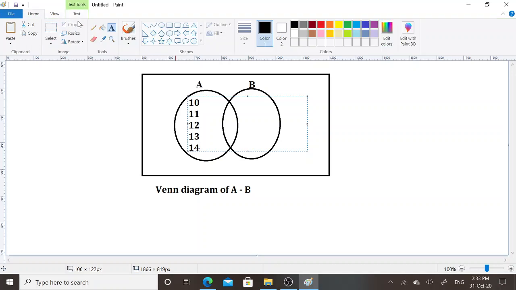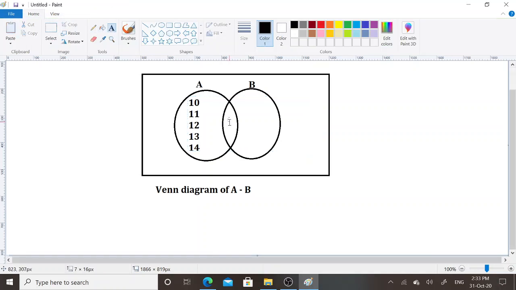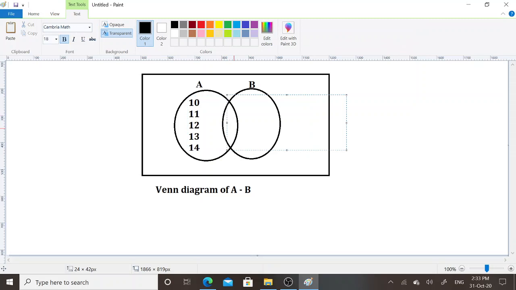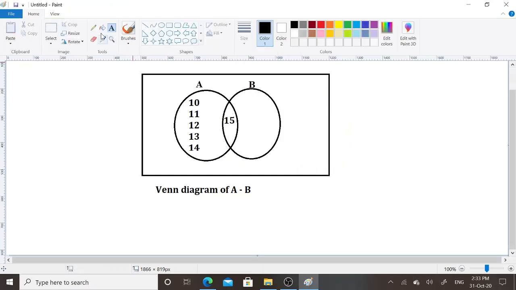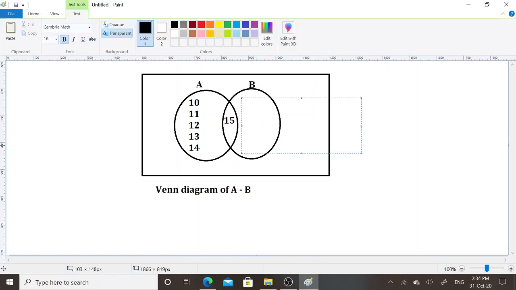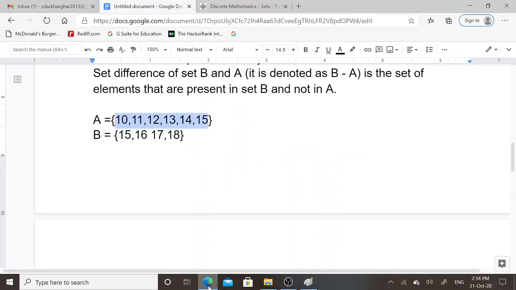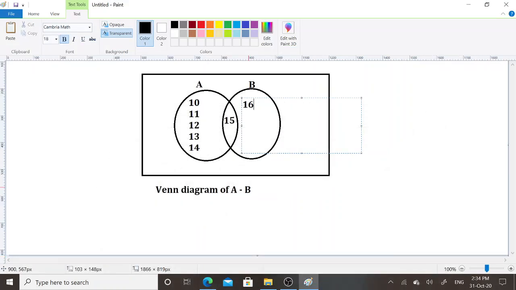In the common portion of set A and set B I will include the element 15. 15 is the common element of set A and set B. In set B I will include elements that are present in set B apart from 15. These are 16, 17 and 18.